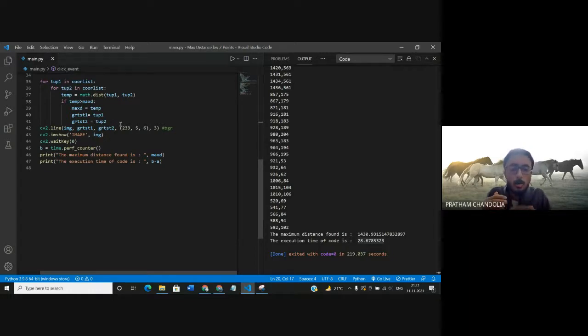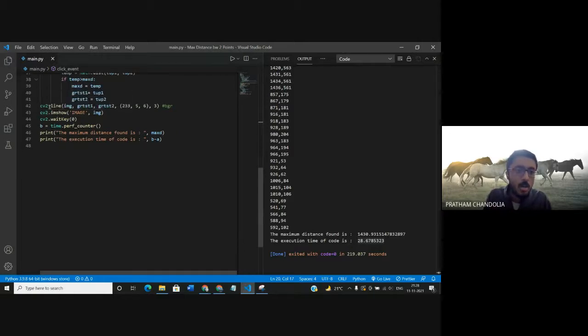So this if condition will keep updating until we find the maximum distance, and once we find the maximum distance, it won't get updated. It would check, but it won't get updated. This is how we use loops.